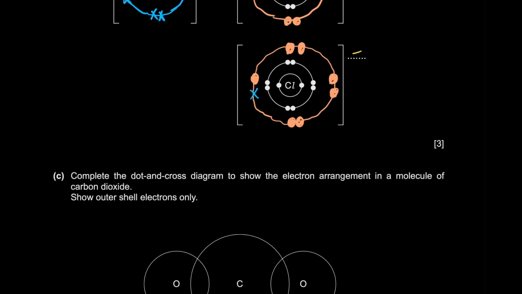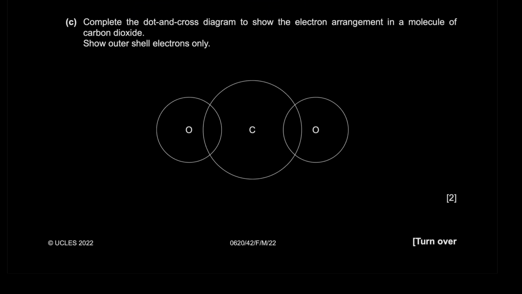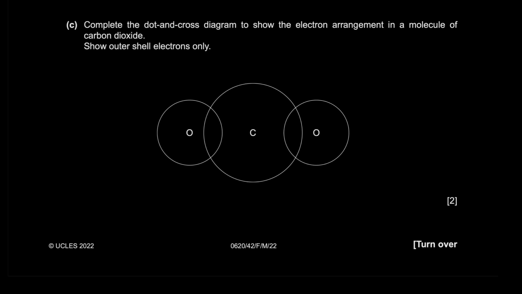We have to make the same thing. I like how now they're asking for dots and crosses for each. So dots and crosses are very important now. Alright, complete the dot and cross diagram to show the arrangement. That's kind of easy. So I'll keep oxygen in X. Oxygen shares 2 electrons, and carbon has